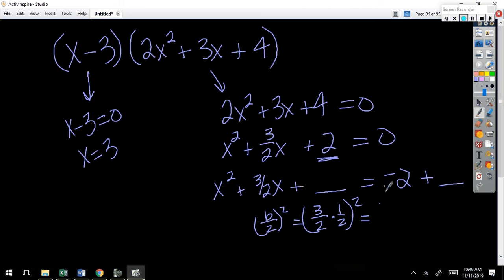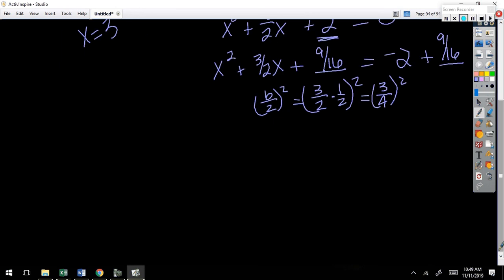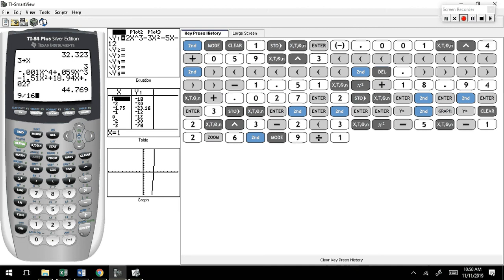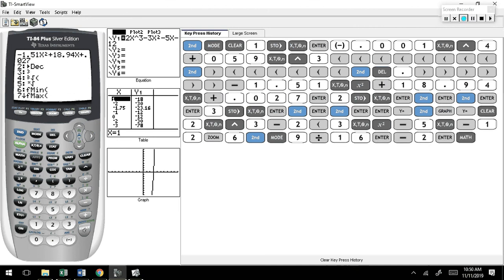So this would be 3/4 squared, which is 9 over 16. I tried to tell y'all I would have done quadratic formula on this, but that's okay. It's hard enough when your middle term is an odd number, but when it's an odd fraction, you're really setting yourself up for a lot of work. But that's okay. All right, so I've got x plus 3/4 squared equals 9 over 16 minus 2 as a fraction. 23 over 16.